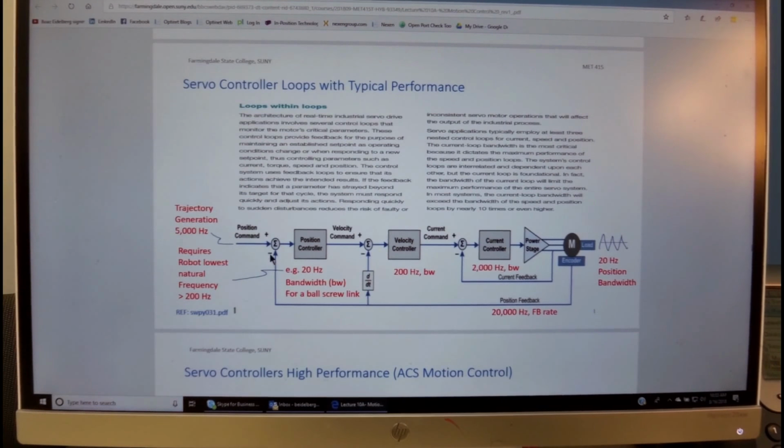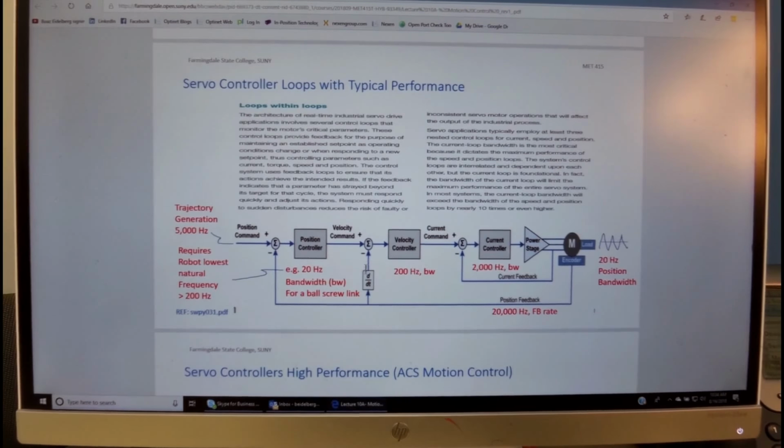The encoder sends in the actual position. The result is an error which goes into the motion controller. The motion controller passes with the PID the velocity command, and this is done at approximately 20 hertz. This is the bandwidth of this loop, how fast this loop can respond.